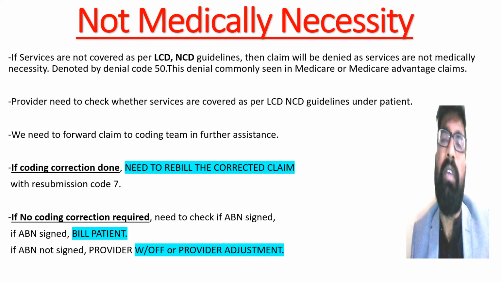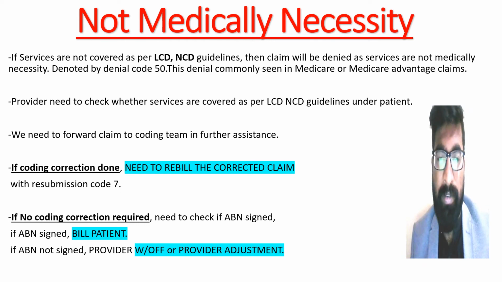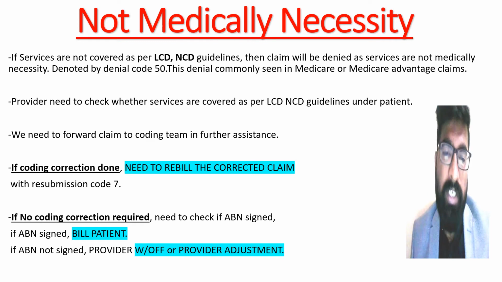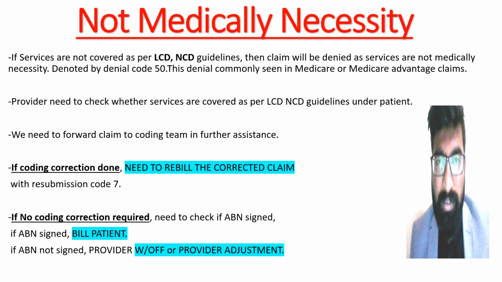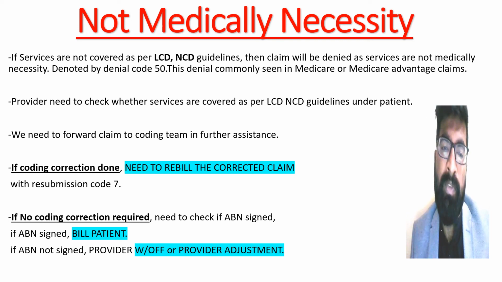If the patient signed the ABN, then we can bill the patient. The patient already knows that these services are not covered by Medicare or Medicare Advantage plans, so the patient already signed the ABN and is responsible for this. If the ABN is not signed by the patient,